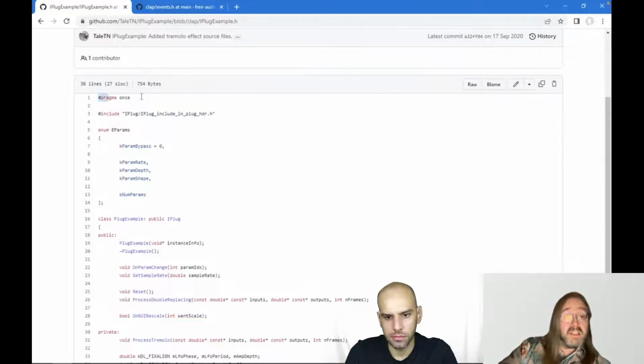By the way, this is a new feature I do use all the time, and I think it's very useful. It's telling your compiler that this header has been included for the source file it's in, and doesn't have to include it again should you include it again. Because some headers will include each other, and of course you don't want an infinite loop of headers. So the traditional way of protecting against that was to say if def and then define some sort of unique symbol. But now you don't have to do that anymore for a long time, and you can just write this. So that's a feature I will definitely always use.